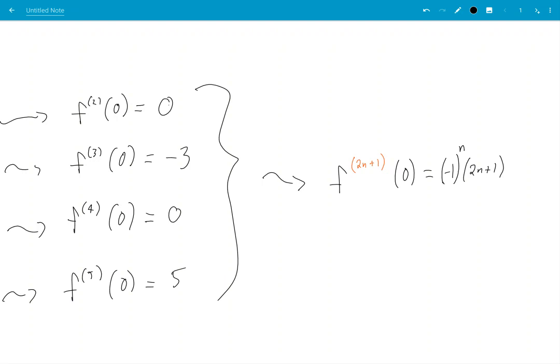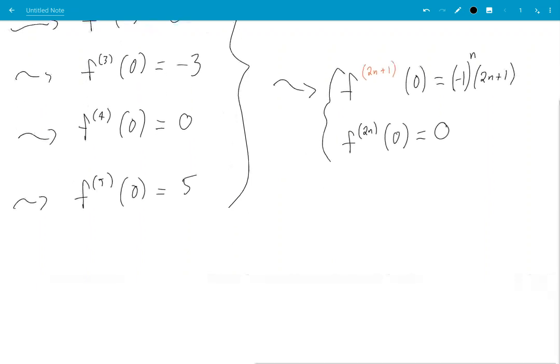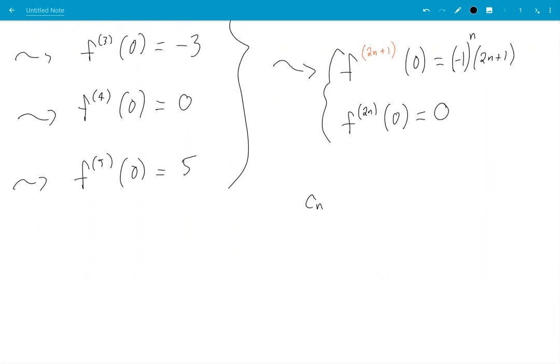So where was I? Okay, you can also say that when you look at the even derivatives with 0 plugged in, you get 0. Okay, so Cn, in my case, is f to the n with 0 plugged in divided by n factorial, which is -1 to the n times 2n plus 1 over